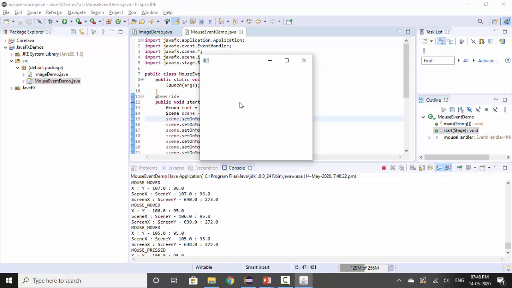But say for example, now I have mouse pressed. So you can see the mouse pressed event at the XY coordinates and scene XY coordinates and screen XY coordinates. And I am releasing the mouse. So actually mouse pressed then released equals clicked. So mouse released is there. As you can see, mouse clicked is there, and mouse is also moved by the pointer. So mouse moved is there. So mouse moved, mouse clicked, mouse released, mouse pressed, mouse entered, mouse exited. So these are the events which you can see, and the corresponding coordinates it would be displaying.